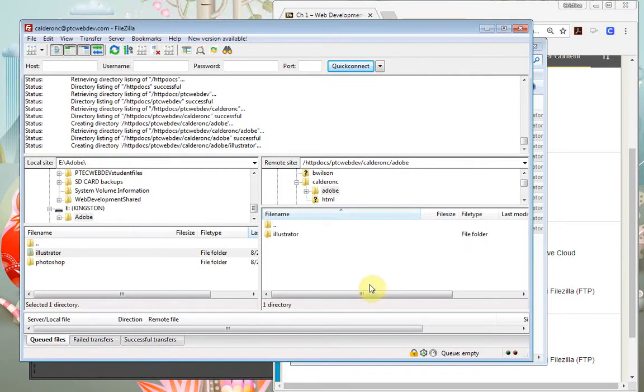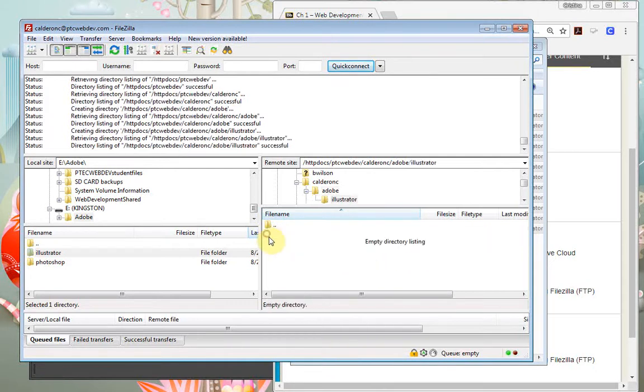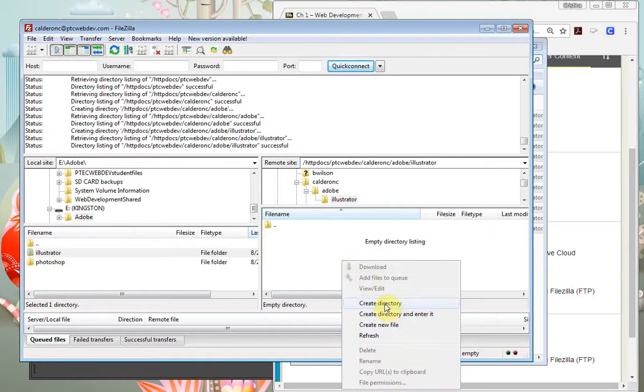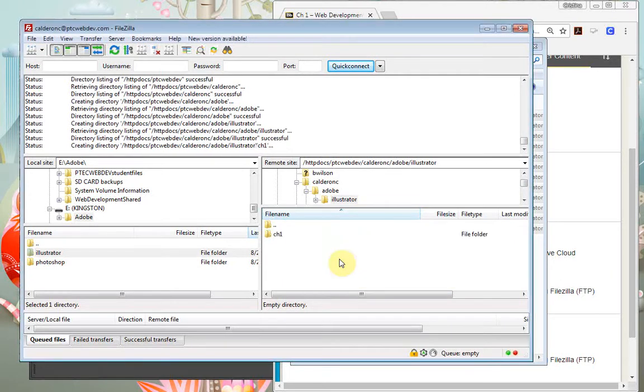And then in Illustrator, you'll also want Chapter 1. Ooh, I right-clicked. So then you want Chapter 1, and it's all lowercase because that's our habit, and no spaces. So that's what you'll do for your FileZilla, and that's how you keep it organized and clean and keeping Miss C happy. So now that we've done all this to get ready for Illustrator, now we've got Illustrator somewhere around here,